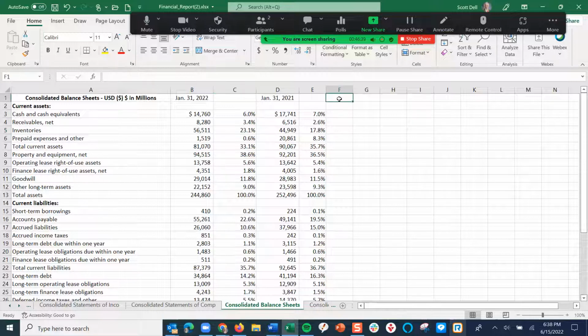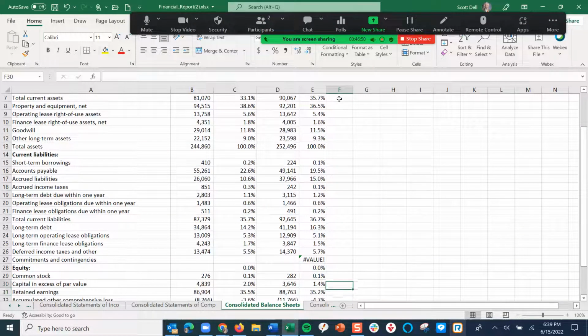Now, I might want to do a debt to asset ratio. How do I do that? I have total, that is a point in time. It's all in the balance sheet. So what's my total debt? You know what? I don't have a total debt number here. I have current liabilities. I don't have a total liabilities.